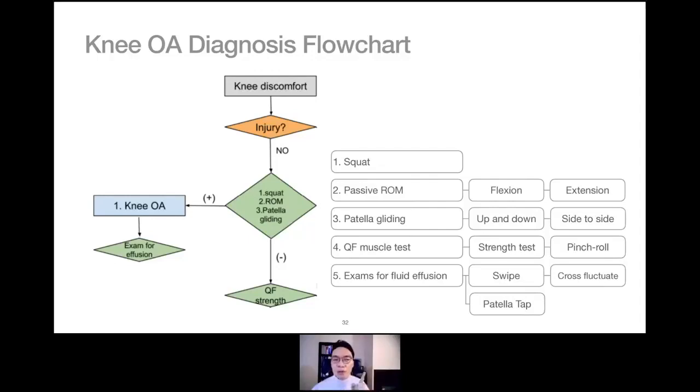And the fourth one was the quadriceps muscle test, and the patient may show lateral side or medial side weakness, which can be associated with vastus medialis and lateralis. And the last test we can use to check the progress of the patient is the exam for fluid diffusion. And I want to introduce that in the next